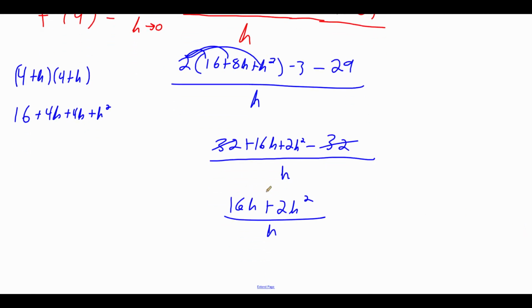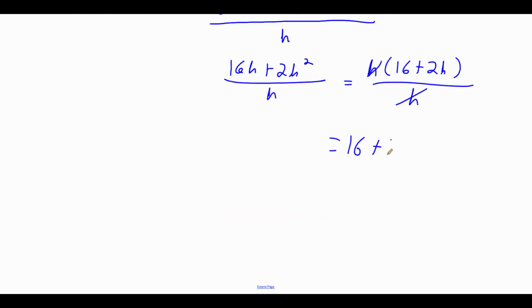Now what I can actually do with this, if I look at the numerator, each one of these terms has an h in it. So I'm going to take out an h as a GCF. So it's going to give me h times 16 plus 2h, and this is all over h. Now this h on top and on bottom are going to cancel each other out. So then that's going to leave us